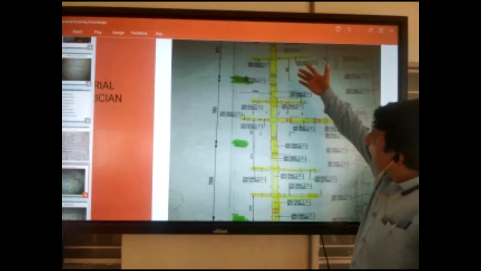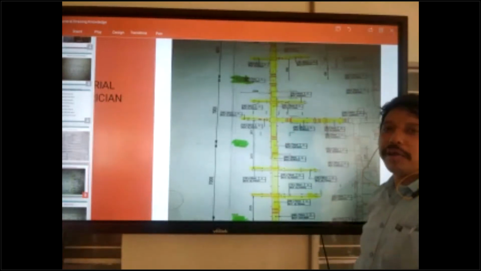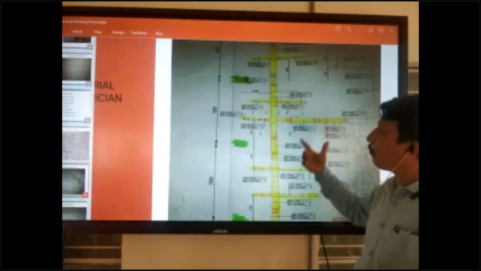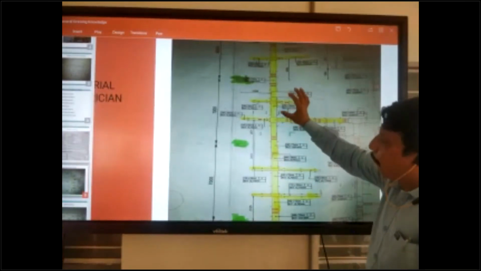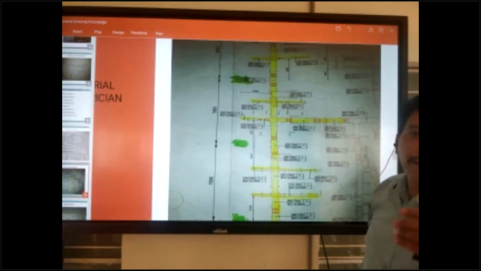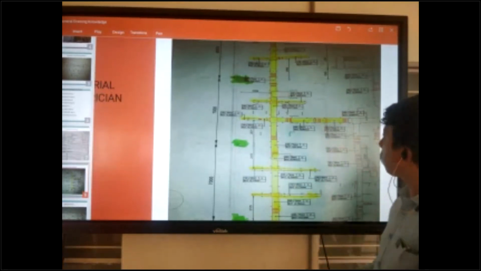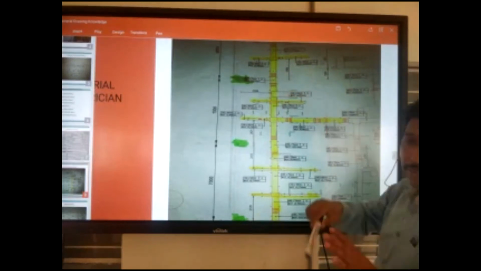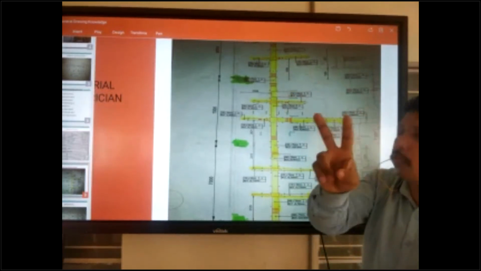This is the cable tray drawing. The cable tray class is also coming. At that time I will explain more to you. But I am only talking about the major things of cable tray, what you see there. We will go deeply into it in our cable tray course. Okay, the cable tray course is coming next week. I will explain then. So in a cable tray drawing, you can check 2 things.